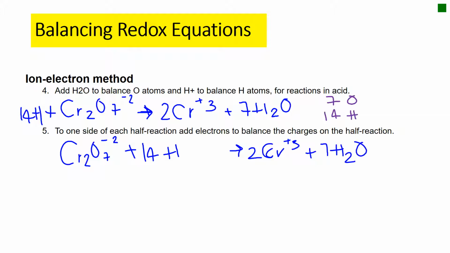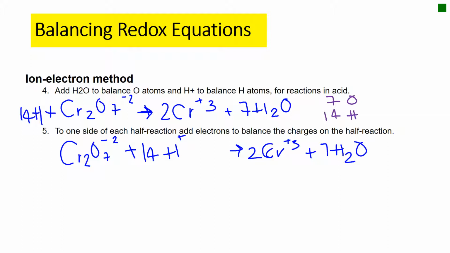Now, since over here you have 14 hydrogens, which are positive, and you have 2 chromium oxides that are negative, that's going to be 12 positive charges on your left, and